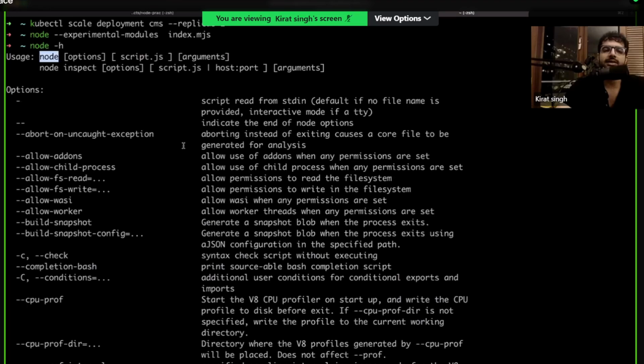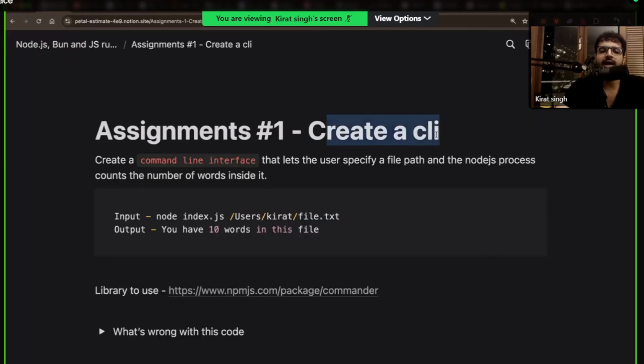I asked you to create a similar command line interface that looks like this. Let's say somehow you will combine this and create your own CLI. Assume this is your own new CLI called, whatever, count words or file system access or something like that. Why is it called this? Because it takes only one argument as an input, which is a file path. You give it a file path, it counts the number of words in it.